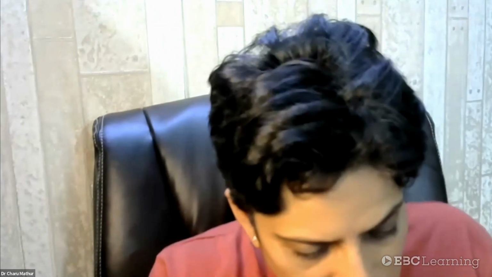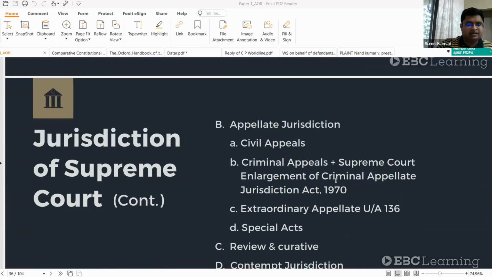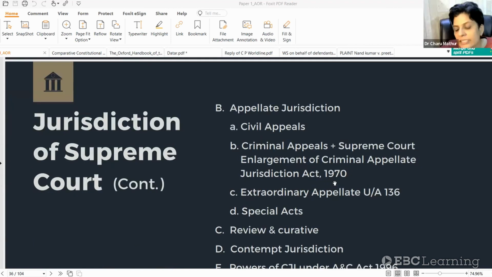So this is about your original jurisdiction. These elections are given under which article? Elections to the president, vice president. There is a separate act for this president and vice president's election. I think this is the Act of 1952, right? But the powers don't emanate anywhere from the Constitution of India.